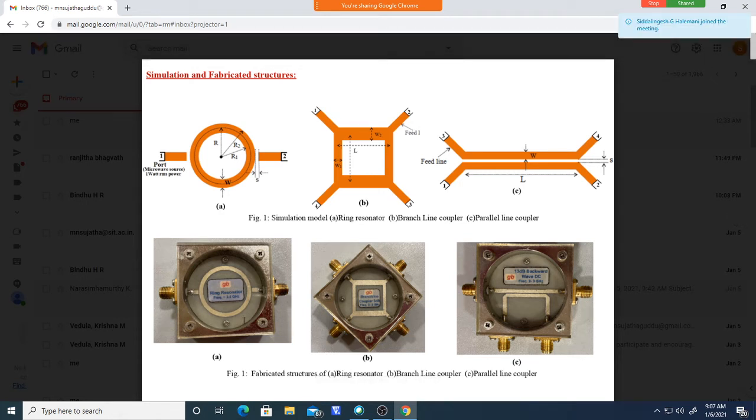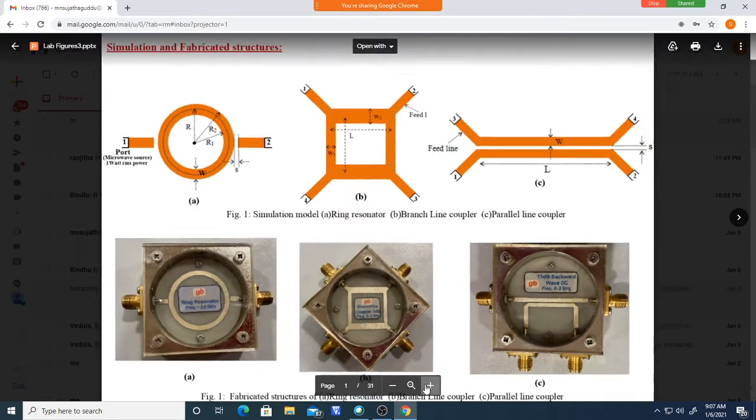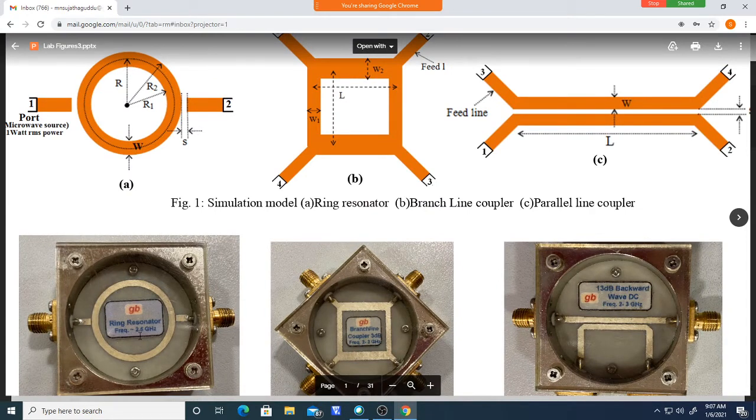In the hardware laboratory, once you come, you can measure the width of this ring. It is already fabricated, and it is designed for a particular frequency. See here, this is 2.5 gigahertz. This structure is designed for a resonant frequency of 2.5 gigahertz, and a substrate must be used. This is the substrate, the gray color. This gray color is the substrate here, and the ring is on the substrate, you see. This is the ring.